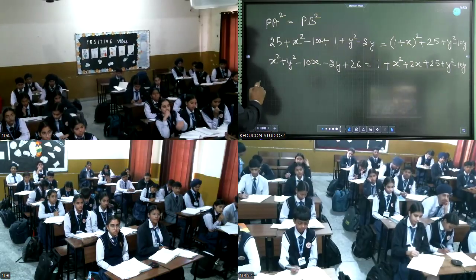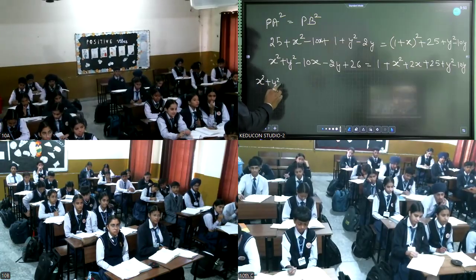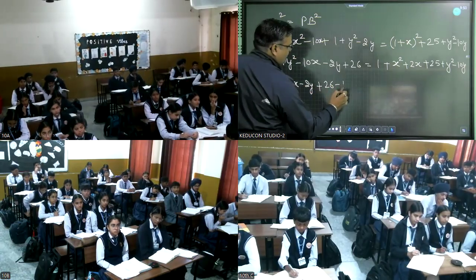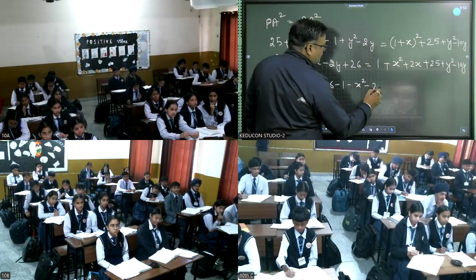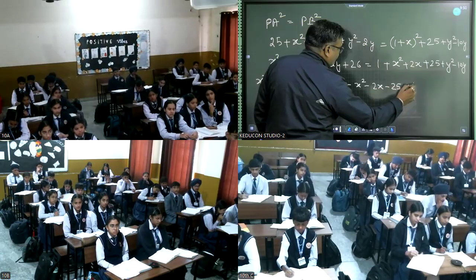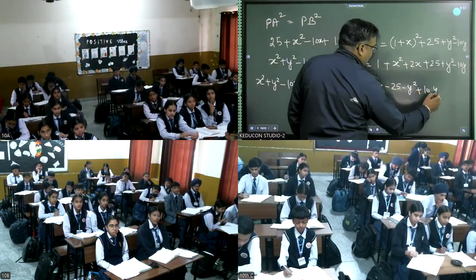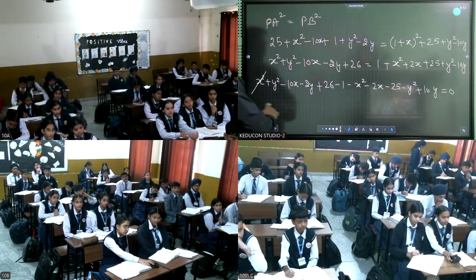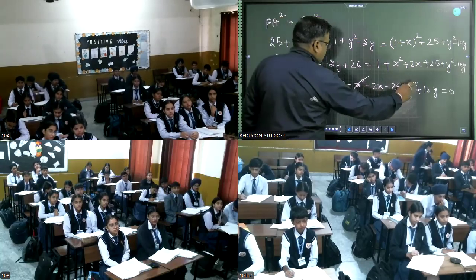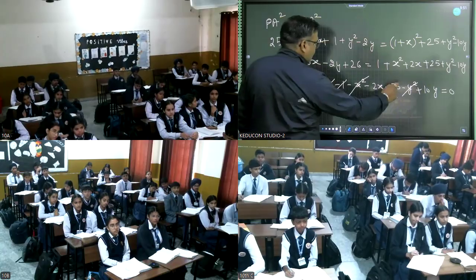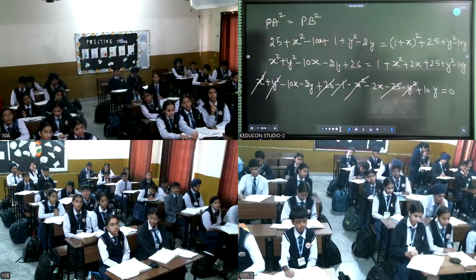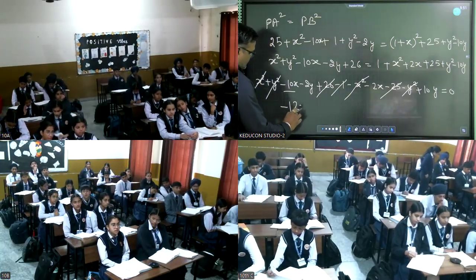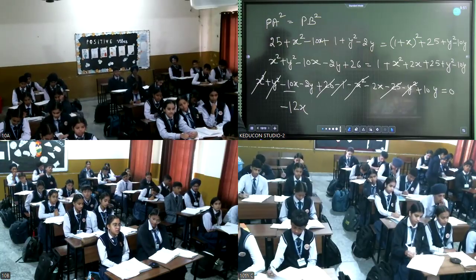वो सारी टर्म भी आप जो है लेफ्ट साइड पे ले आइए बच्चों, x स्क्वायर प्लस y स्क्वायर माइनस 10x माइनस 2y प्लस 26 माइनस 1 माइनस x स्क्वायर माइनस 2x माइनस 25 माइनस y स्क्वायर प्लस 10y इक्वल टू 0। अब मुझे बताइए कैंसिल क्या क्या हो रहा है बच्चों? और ये 26 भी कैंसिल हो जाएगा? यस और नो? तो व्हाट यू आर लेफ्ट विद माइनस 10x माइनस 2x, ये कितना बन गया बच्चों? माइनस 12x माइनस 2y प्लस 10y।